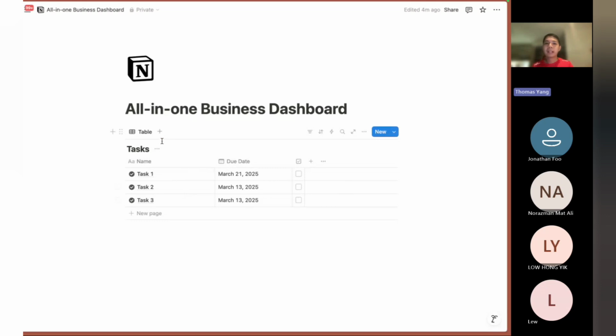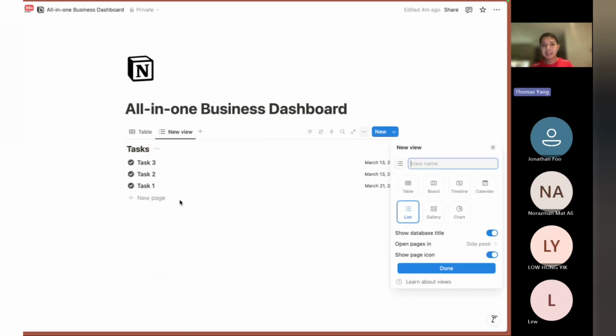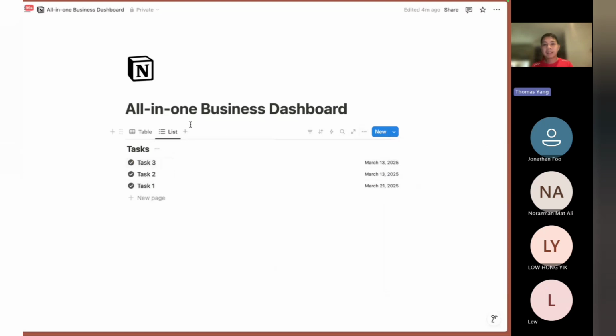For Notion, when it comes to a database, you can actually select a plus button here. You can see there's a tab here, so there's a table here, right? You can select this plus. Notion calls this a view, meaning a different way to visualize your data. So instead of a table, I want a list. If I select a list, what you see is that my database, my table, became a list. I can select this 3 dot here as well on the top right,